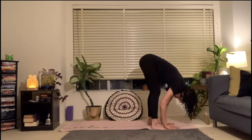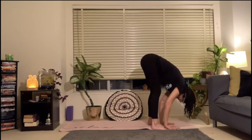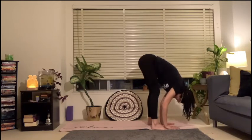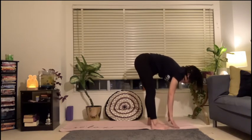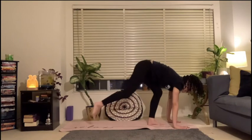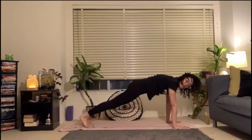Maybe find a gentle sway side to side. Maybe close the eyes for a moment or two. Slowly rise to half lift, flattening the back. Step into our last plank of the class, and we'll start our last set of plank work in 3, 2,